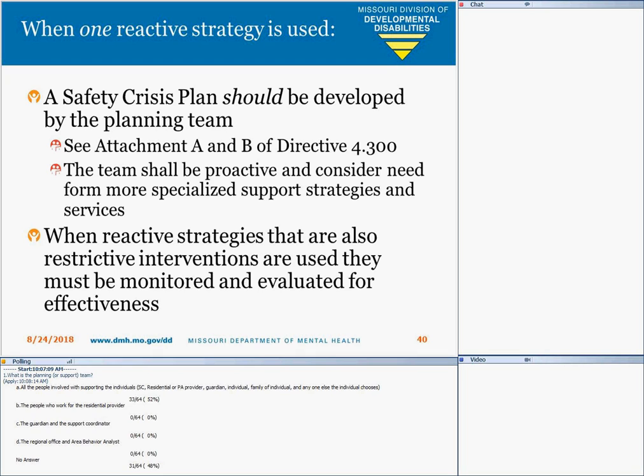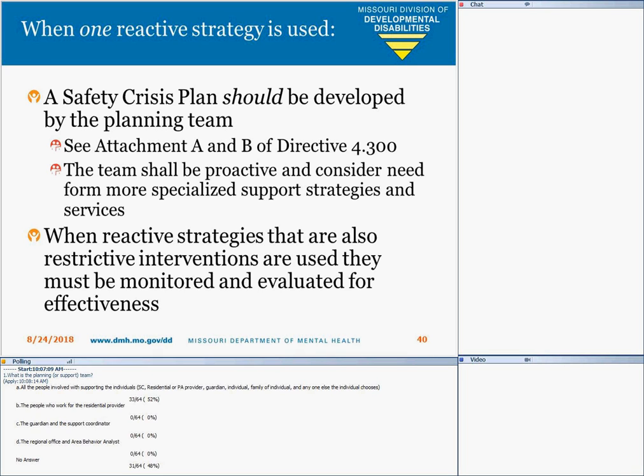And if you don't have a safety crisis plan, you don't want people out there running rogue and doing whatever in the middle of a crisis. You'd like to give them some guidance about what would be the best thing to do, and that's what the safety crisis plan does. If you want more information about safety crisis plan development, there's